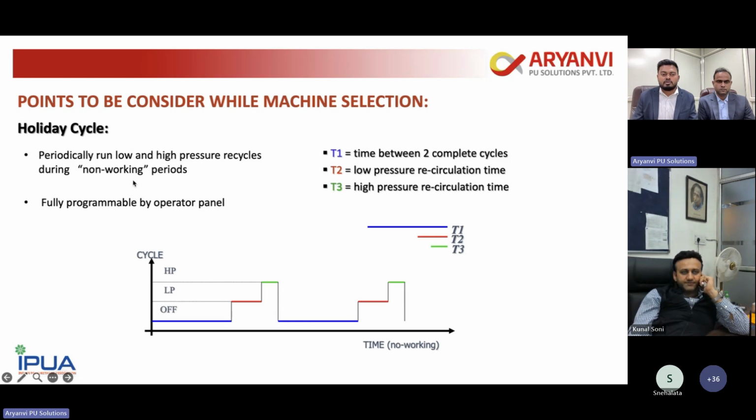What is the advantage of this? Once it goes to the low pressure, it will start recirculating the chemicals, and because of the recirculation, settling of pigments or any crystal formation on isocyanate is not happening. It will also go to the high pressure mode. As I showed you previously, once the machine goes to high pressure, the entire flow returns from the mixing head. So your complete line is getting recirculated. So there are very few chances of any crystallization or